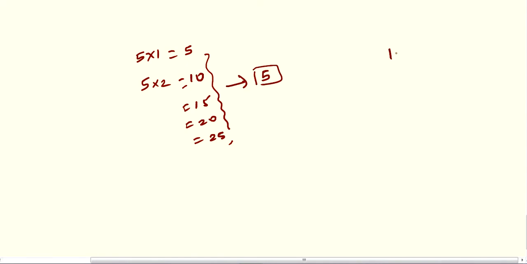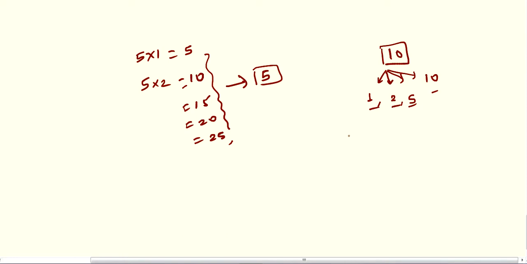But what if you are having number 10? And now you want to find what are the factors of this number 10. As I explained to you, a factor of a number is an exact divisor of that number. So 10 is divisible by 1, divisible by 2, 2 fives are 10. Then it's not divisible by 3, not by 4, but simply by 5. So 5 twos are 10. And the last is 10 itself. So factors of 10: 1, 2, 5, 10.